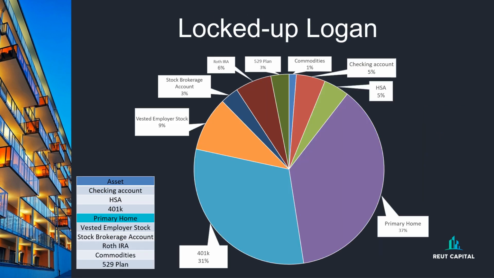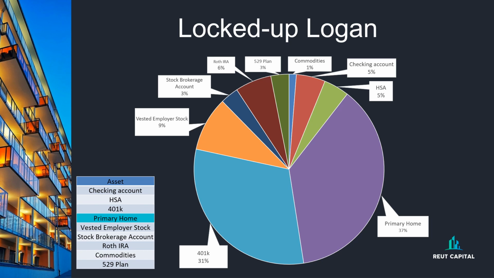Locked up Logan. So he learns from Tom. He's like, okay, so many accounts, ultimately, I am still exposed to the stock market. I need to add some stability. Maybe I will increase my real estate percentage as part of my net worth. So he decides to pay down his mortgage. He hears these neat tricks and tips where you pay a little extra every month, and you pay bi-weekly and whatnot, and you really start to pay down that loan.